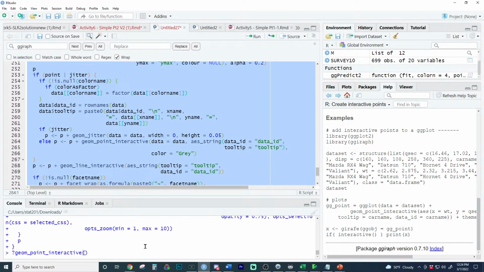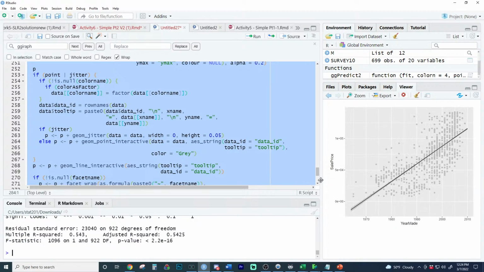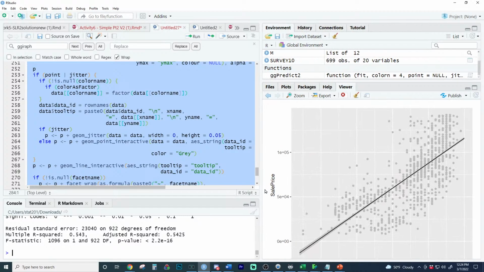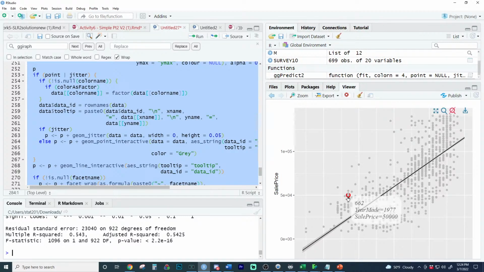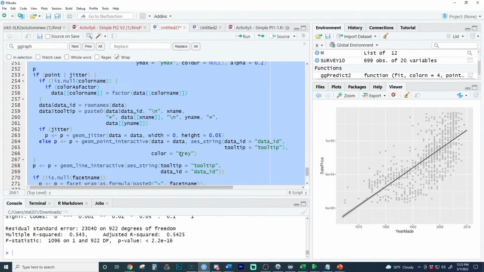Okay, that might do it. Okay, now we got gray. We've done it. It's a little bit easier to see. All this work to get it easier to see. I wish the text was a little bit bigger on the interactive points. I'm wondering if